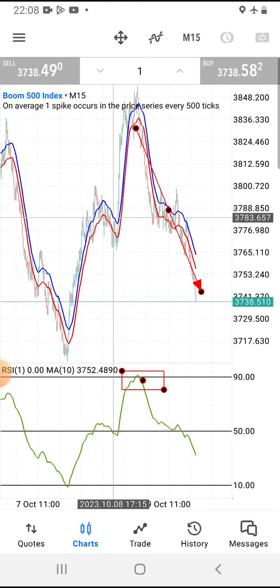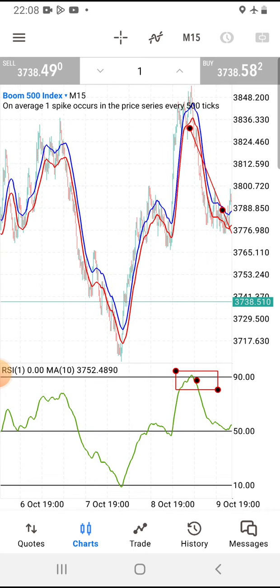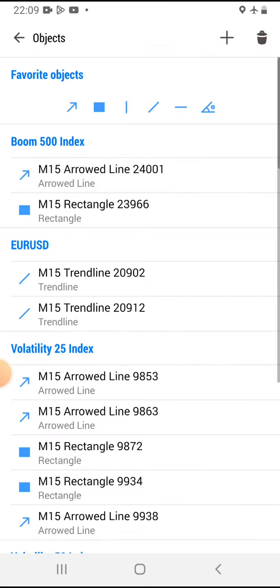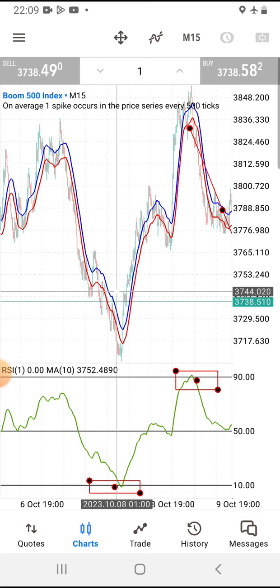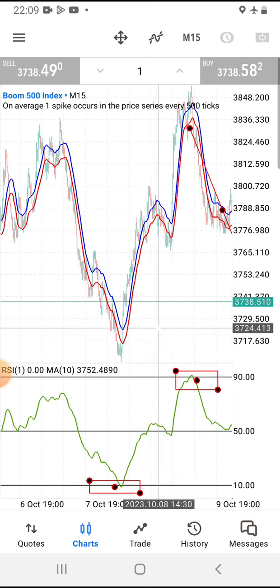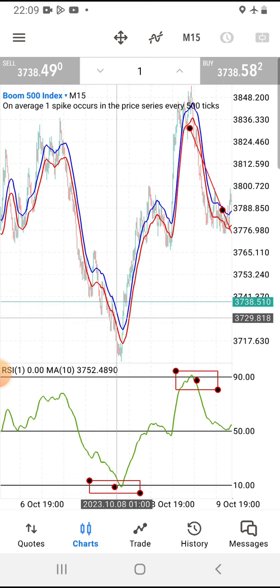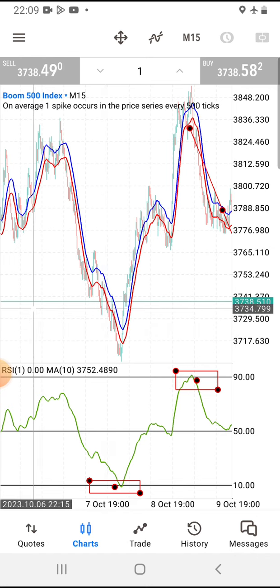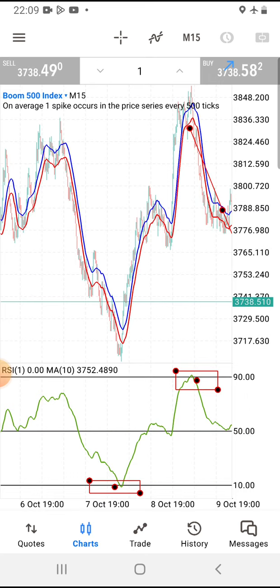Same thing if you want to enter into a buy trade, you have to wait for your green line to be at a support zone, which is this level down here. And once it is at our support zone, you're going to wait for the market on your main chart to cross above the blue line. Once your market crosses and closes above the blue line, you know that you're most likely going to be in a buy